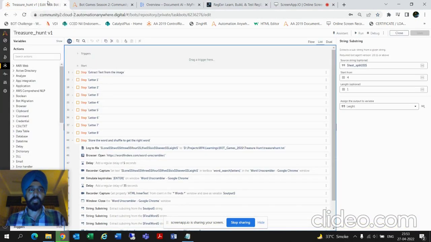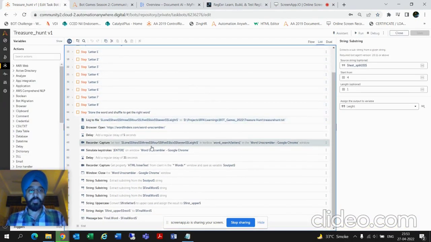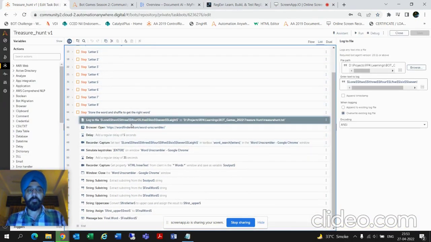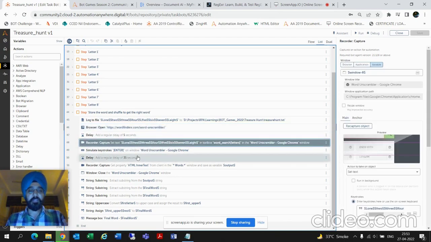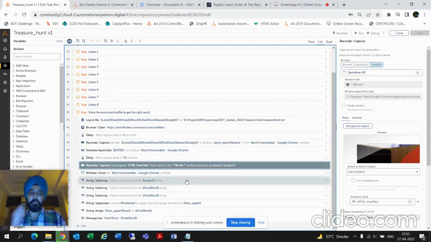So please use that. Now comes the last part, where I'm combining all the eight letters. So these are not in the right sequence. I'm using this website in order to go ahead and get me the output that is required. And then I'm performing the basic tasks of searching that word and then capturing the word. So this website gives an output. It shuffles the letters to get the right word, and the most